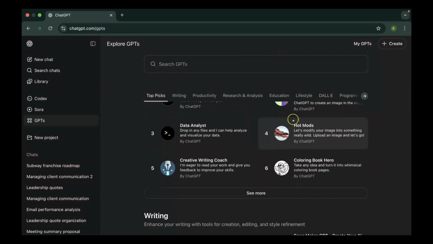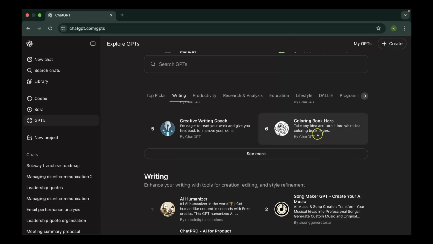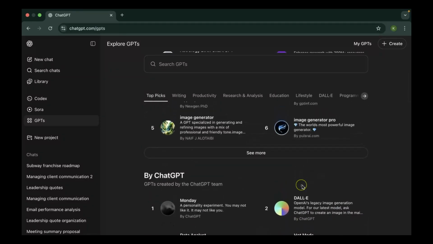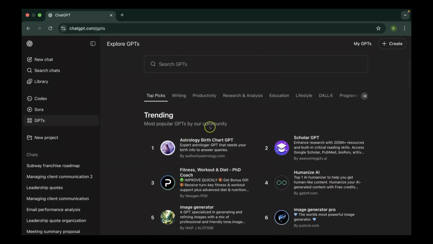There's DALL-E. There's Hot Mods. There's Coloring Book Hero, which takes any idea and turns it into whimsical coloring book pages. All right, that's pretty cool. Actually, I would definitely try to put in my photo, but yeah, let's not get lost in the conversation. The thing is that you see these most popular GPTs by our community, and if they are making it to these ranks, they are basically being used by a lot of people.